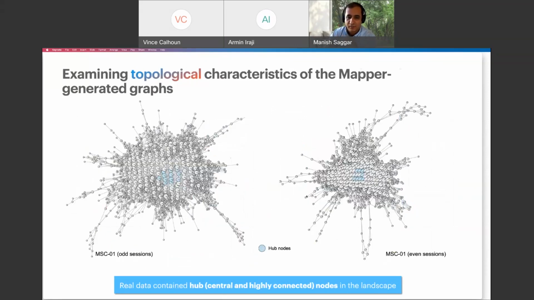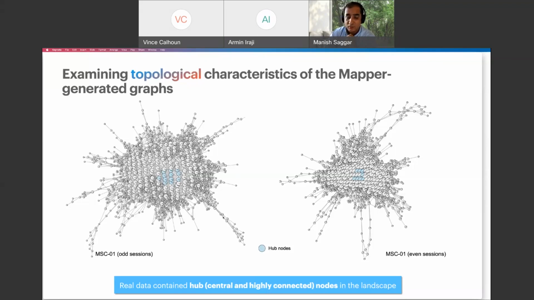And then you get these hub nodes on the graph, which is shown here for one person, odd versus even sessions. So even though the manifold looks not exactly the same, you see these hub nodes at the center, which were popping up, and they were there in pretty much all the participants. We could see these hub nodes. So one interesting property is that as compared to the null, the manifold has these hub nodes. And what are these hub nodes and what do they actually mean? So to further understand these hubs,